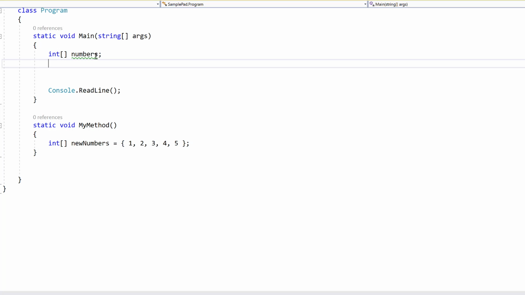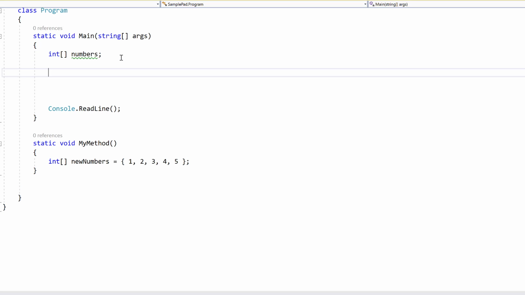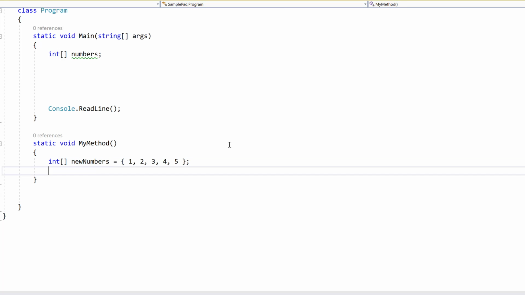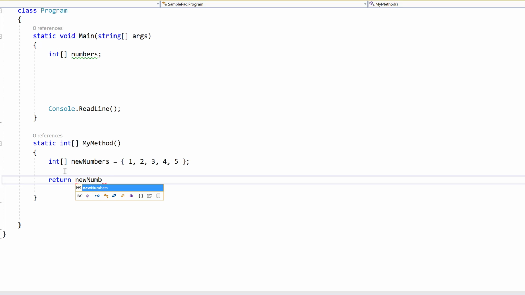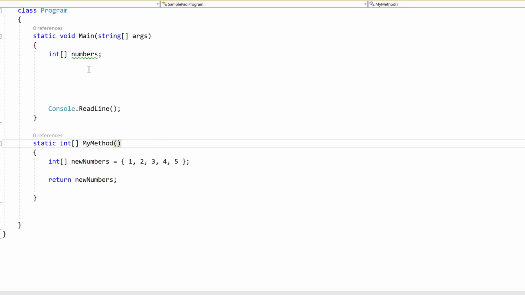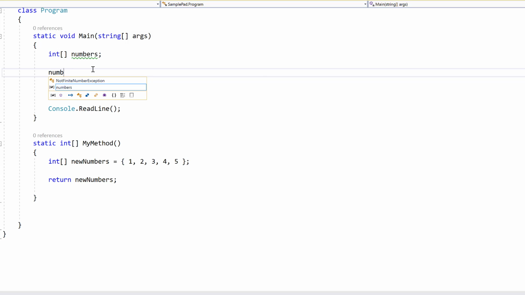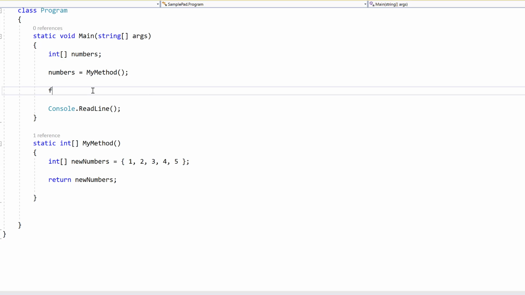And in my main method, I'm going to create a variable int array numbers, but I'm not going to set it to anything. Not going to initialize it. And then what I'm going to do in my method is change it from void to an int array. And then I'm going to return new numbers. Numbers equals my method, and for each